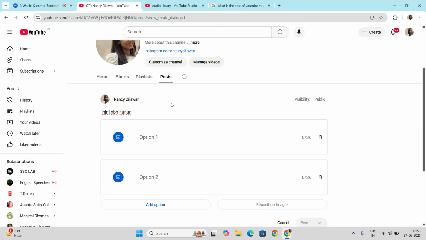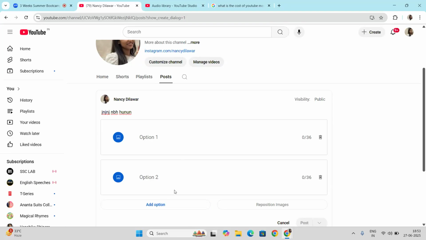Like I have taken the example of face wash, so I can upload some other face wash. For example, I have two varieties of face wash, vitamin C and rice water face wash. So I can upload these two photos and ask my audience which one is their favorite.